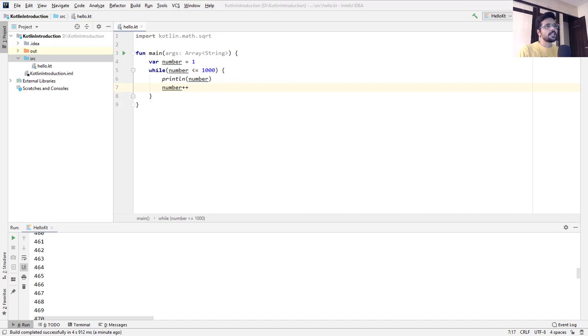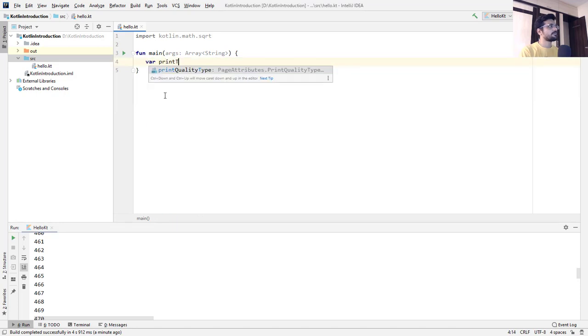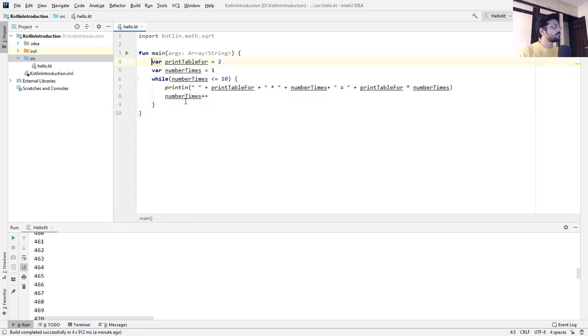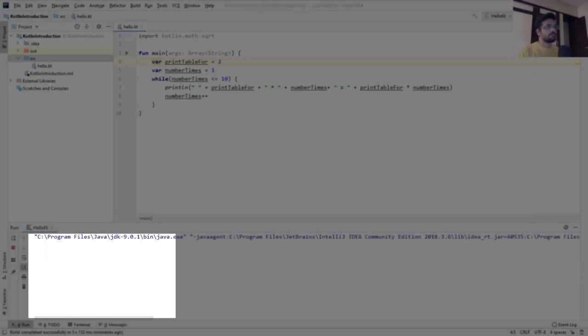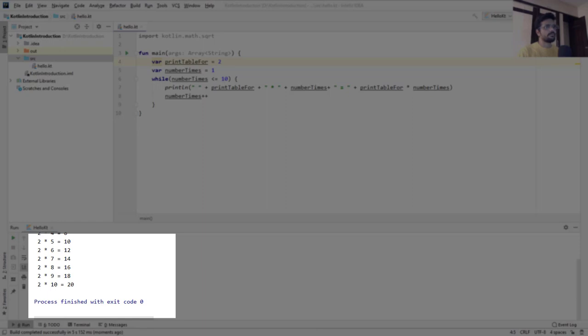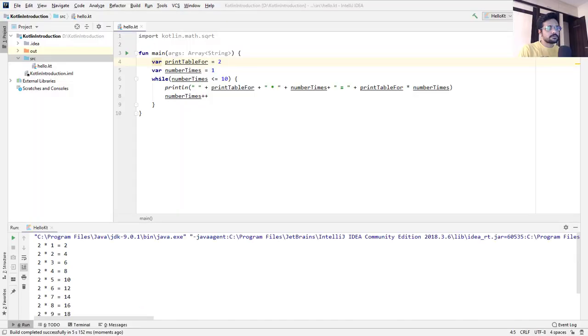Next we are going to print a table of 2, which for a beginner would be really fascinating. Here we have successfully printed the table for 2.